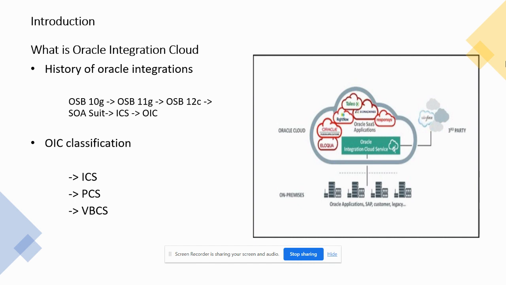SOA people is also similar. Actually, what is the difference between OSB 11G, OSB 12C, and the SOA Suite? In OSB 11G, the code development is a little bit complex and we have a lot of limitations. Coming to OSB 12C, most of the features are reduced because we can simply do some of the operations as